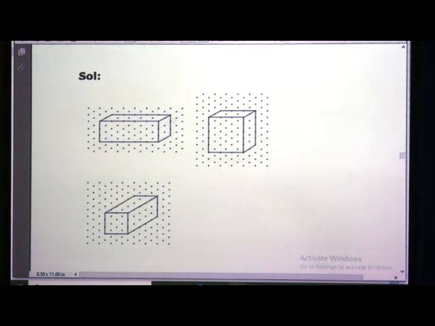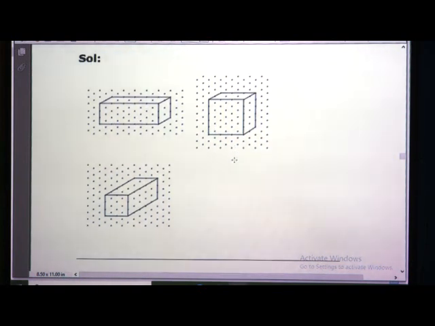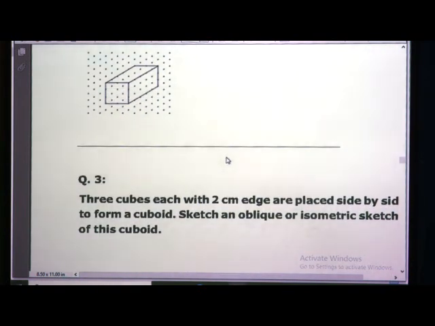So, in this way just join the dots. The dimensions are given to us, join the dots, and you can find a solid shape, that is a cuboid. Here we have a different dimension, so we are getting a cuboid on an isometric sketch. By seeing this figure, you can say that it is a cuboid. The number of dots is nothing but the number of centimeters required to